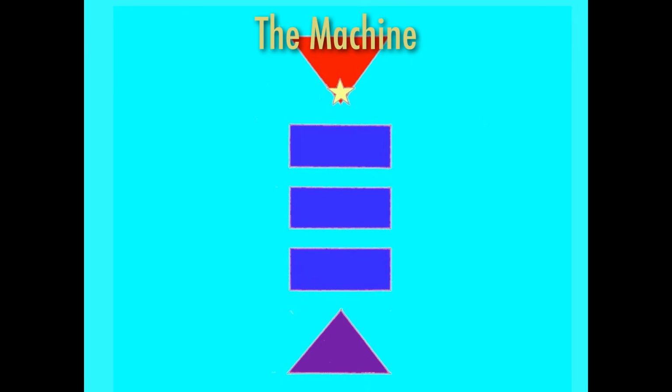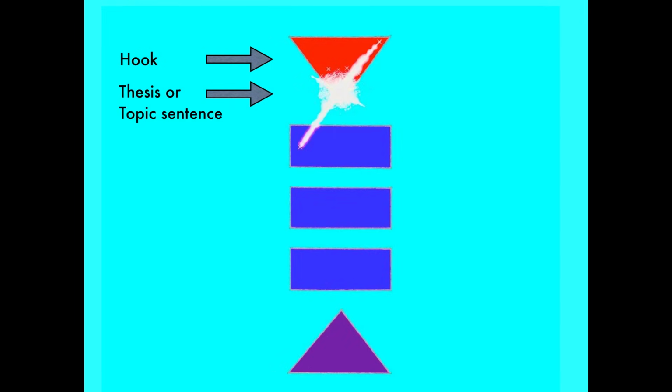Okay, now, look at this diagram of what I like to call the machine. It's pretty simple. The triangle at the top represents the beginning. It will open with your hook and end with your thesis or topic sentence, represented by this little gold star here. I drew a star because the thesis in an argument essay, or topic sentence in an explanatory essay, is kind of the star of the show. It is the single most important sentence in the entire essay because everything else in the essay is there to